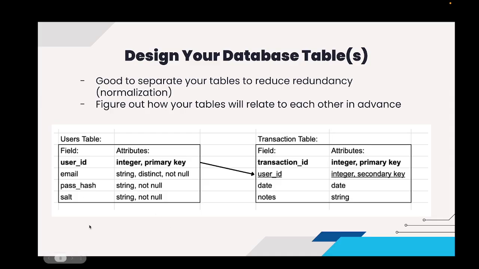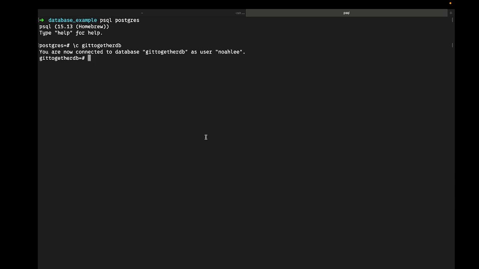But if I do need more information, like their name, their age, stuff like that, I might add that to the users table. If I was maybe doing an e-commerce app, I would maybe have a transactions table and relate them by putting the user ID as a foreign key. But let's move forward with this users table. And when you're making your app, you should do something like this as well. Okay, so now that I have the schema for my table,